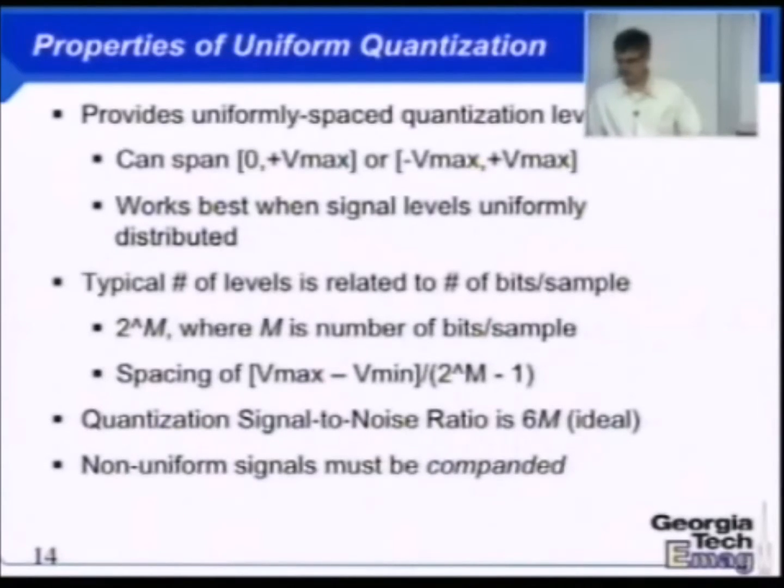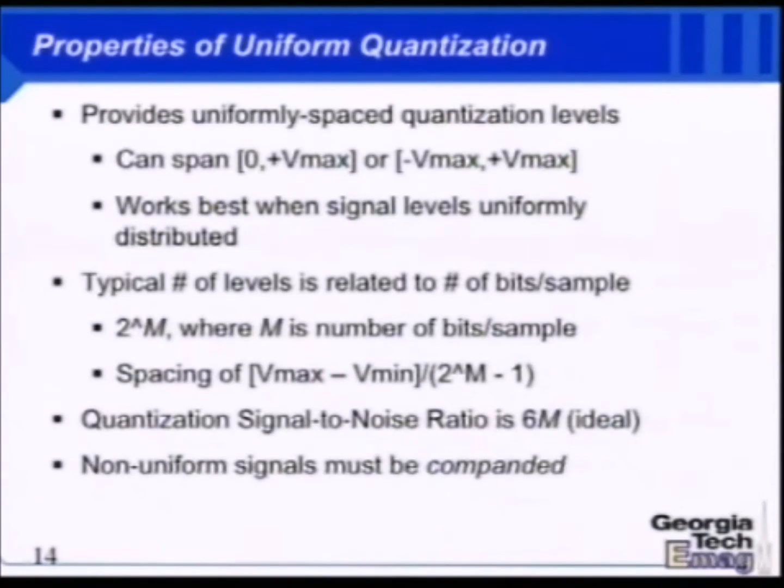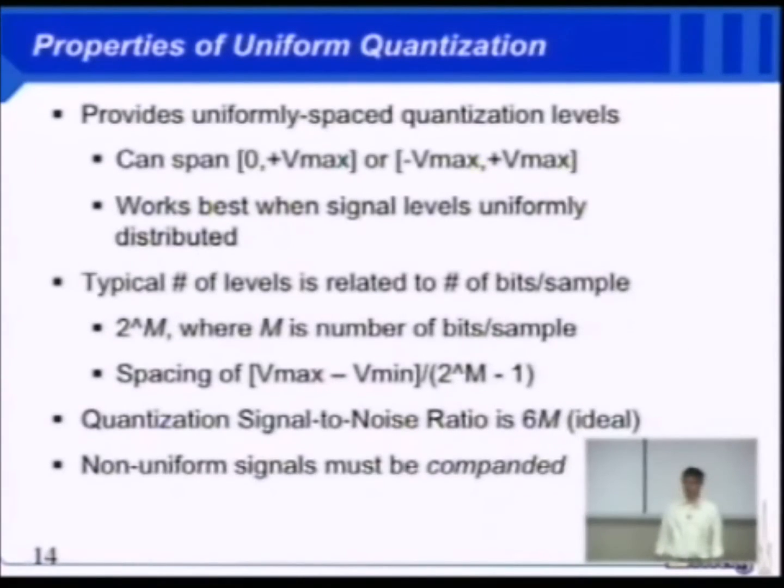Now, properties of a uniform quantizer. You can span either usually 0 volts to some sort of maximum voltage, or another flavor of that same quantizer will span negative volts to some positive volts, maximum, minimum, depending on how you've worked it. The number of levels is related to the number of bits per sample, of course. If you have m bits per sample, then you can have 2 to the m uniform levels. That's pretty standard. The spacing, of course, is the max minus the min divided by 2 to the m minus 1. And this is the most important one, the quantization signal-to-noise ratio, if you work it out in an ideal